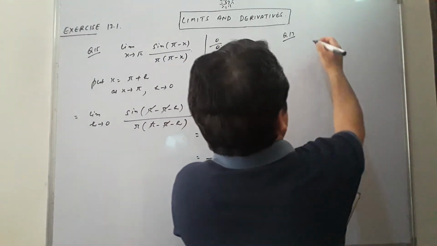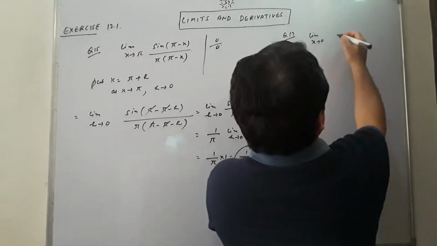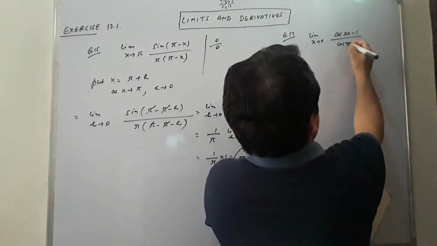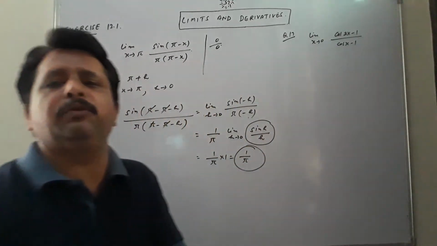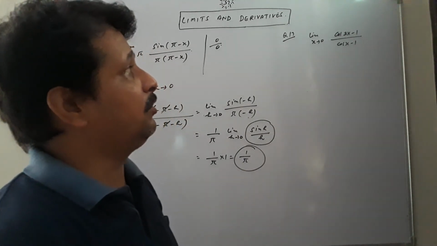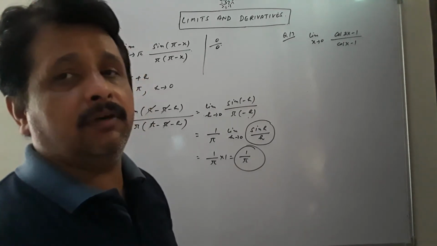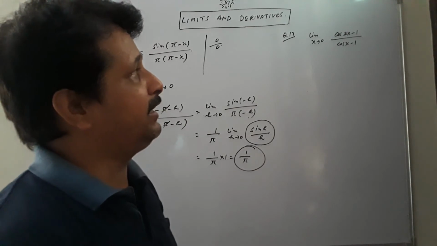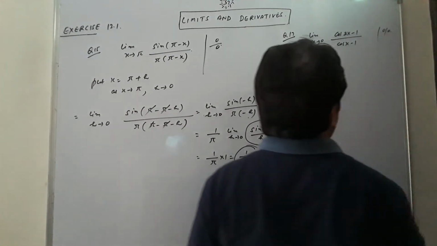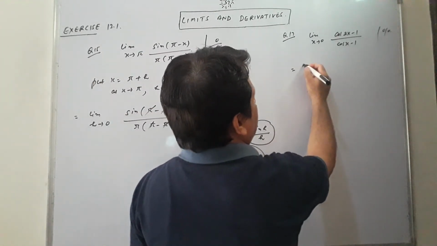In question number 17, this is limit x tends to 0 of cos of 2x minus 1 upon cos x minus 1. Students, in every question we have to check what happens if we put x tends to 0. If I put x as 0, in the numerator it will come as cos 0 minus 1 over cos 0 minus 1. You know that cos 0 is 1, so 1 minus 1 is 0. Once again it is making a 0 by 0 form, which means we have to make some change once again. So let us see what change we will do.